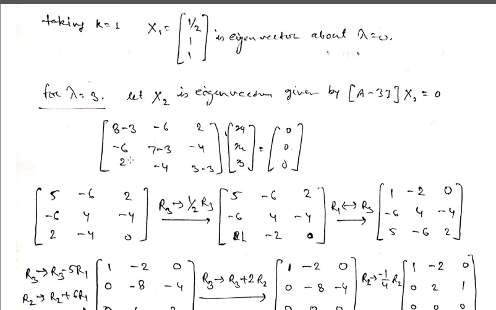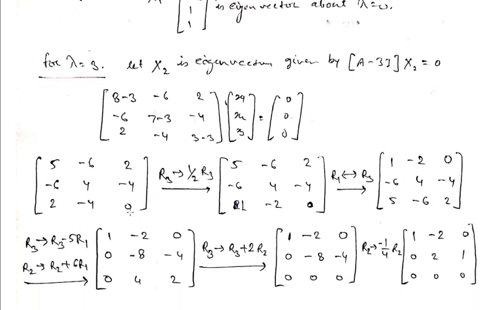So the matrix becomes 5, minus 6, 2, 6, minus 6, 4 and minus 4, and the third row becomes 2, minus 4, 0. And to solve this system of equation, first we convert this coefficient matrix into echelon form using